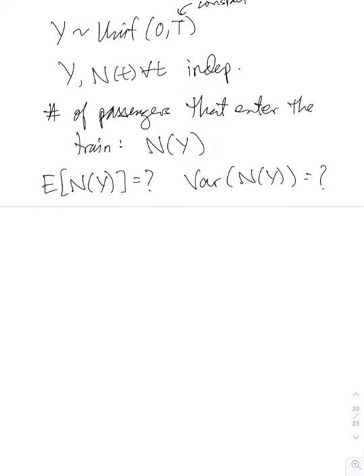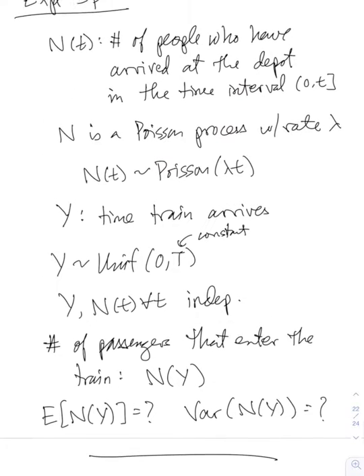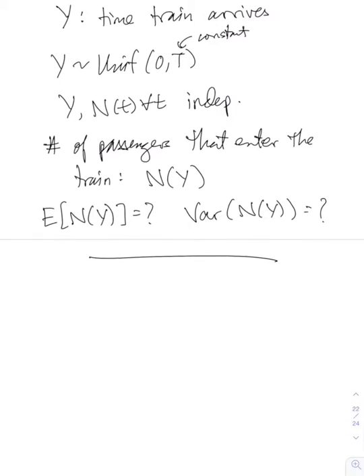Let me give it a name, just for notation's sake. Z. I don't know, maybe not Z. I usually use Z for a standard normal. What should I call it here? I'll call it